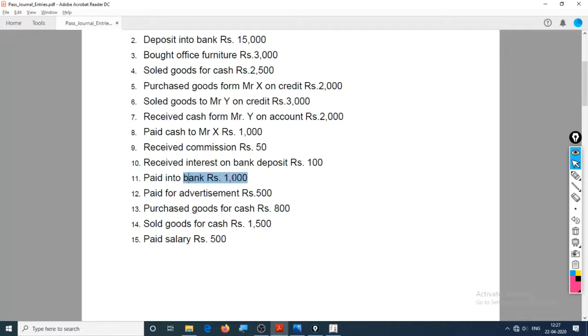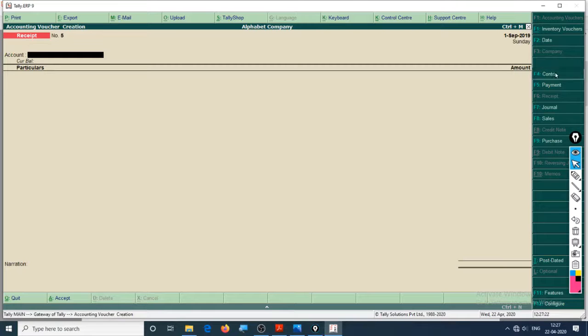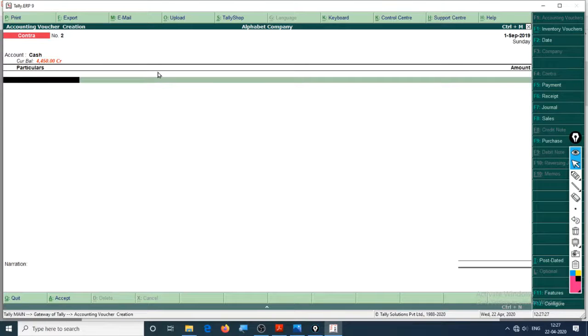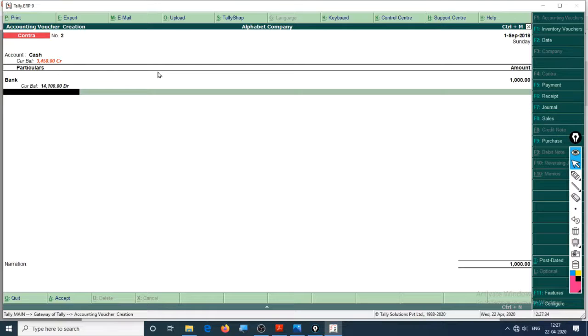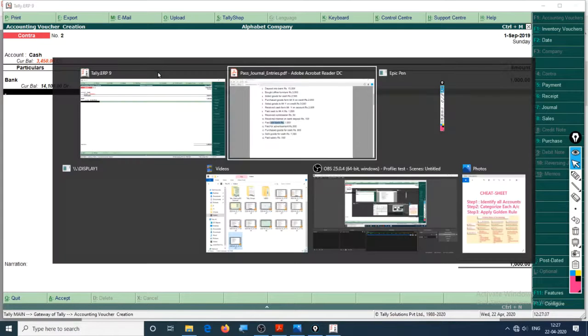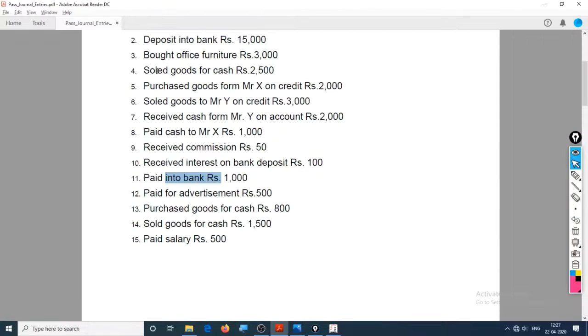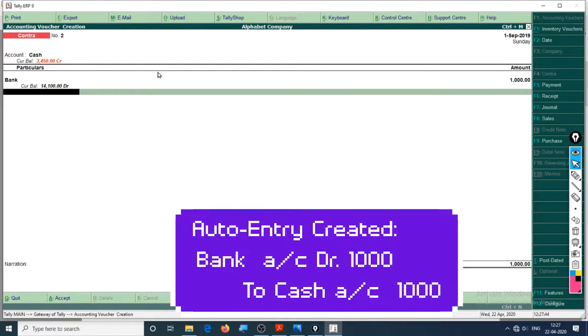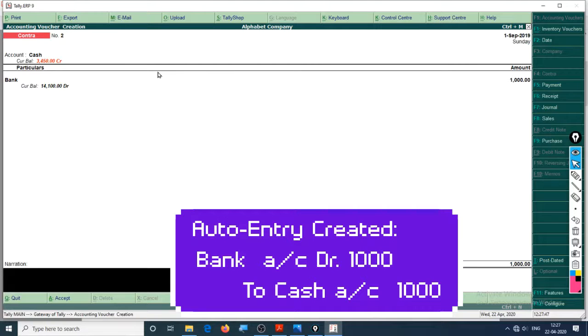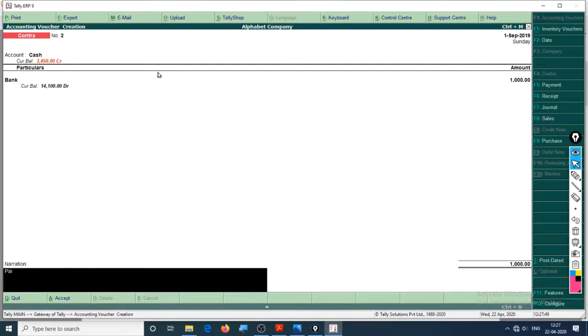Paid into bank rupees 1000. So this right here is again a contra entry because it involves cash and bank. We'll choose this, cash, bank rupees 1000. Paid cash into bank.